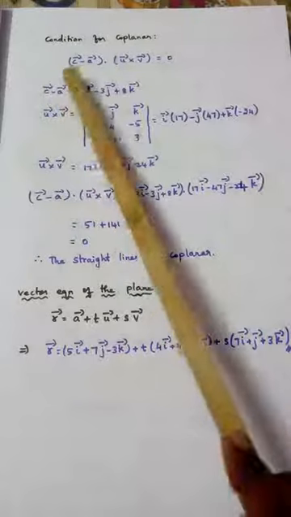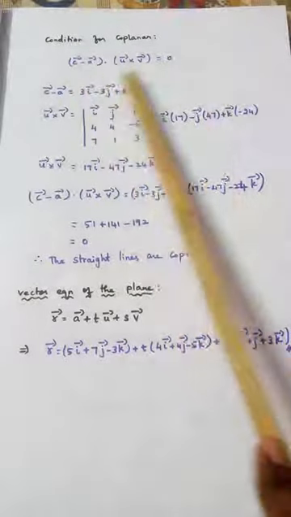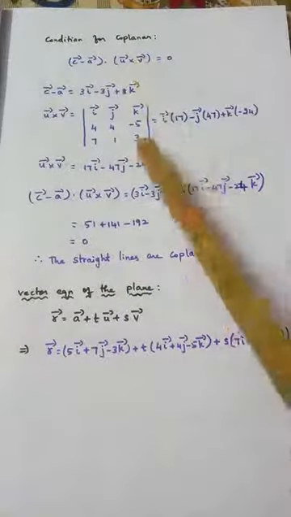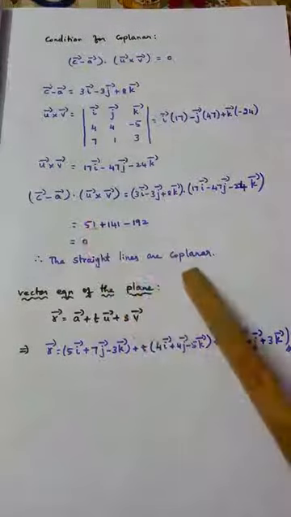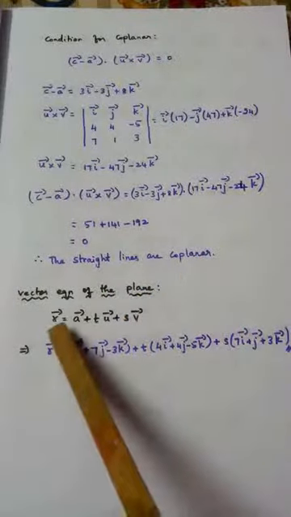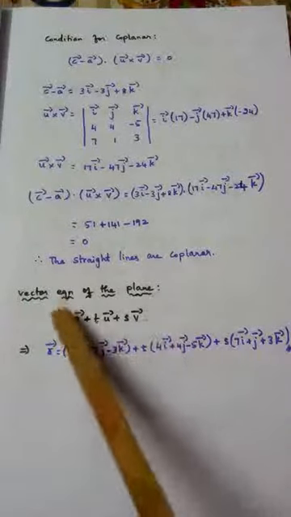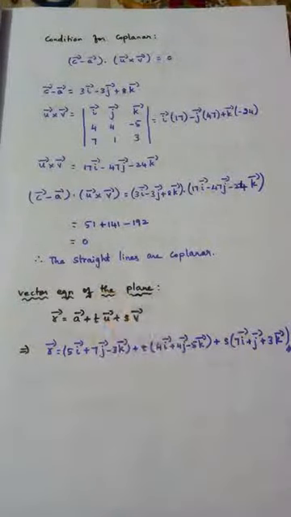So the concept is simple. We should know the condition for proving two lines to be coplanar, and we are proving that condition here. So the lines become coplanar. For finding the equation of the plane, just write the formula and substitute. The same model, we'll see in another problem.